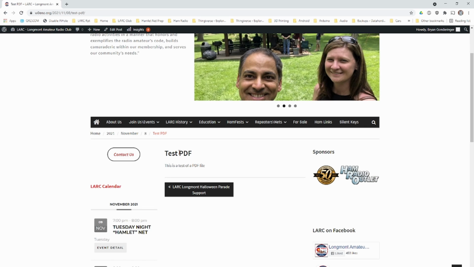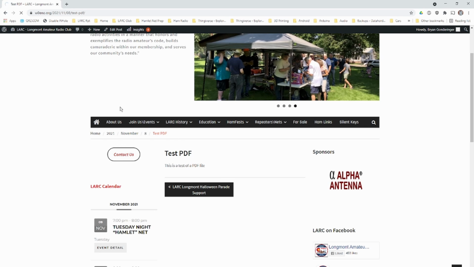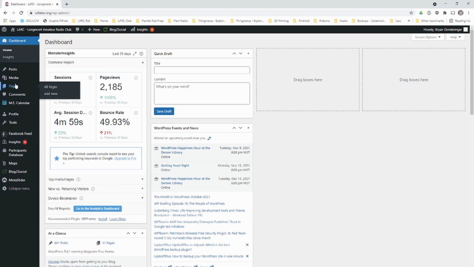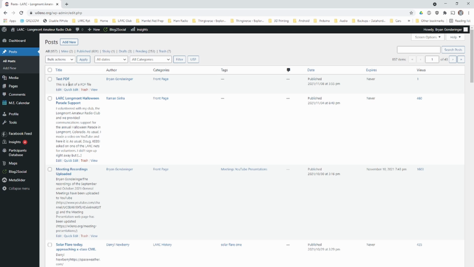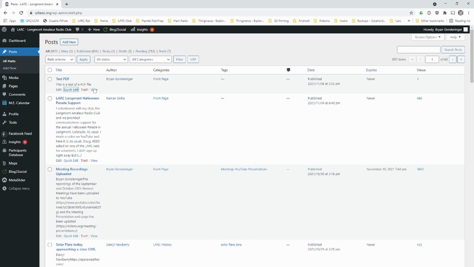So I figure I'm doing something wrong. Let's see, I think if I go to the dashboard, and let's see, posts, all posts. Here's my test PDF one. If I go in to edit it, there doesn't seem to be anything up here talking about stuff specific to the PDF file itself. And if I just edit it,